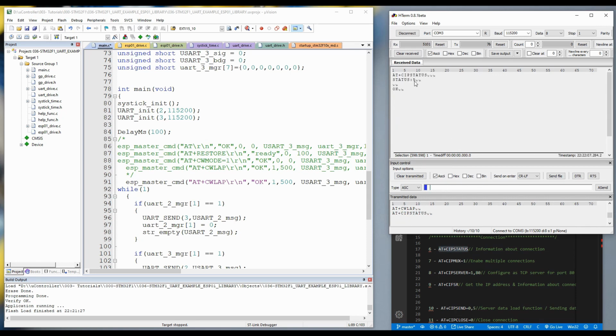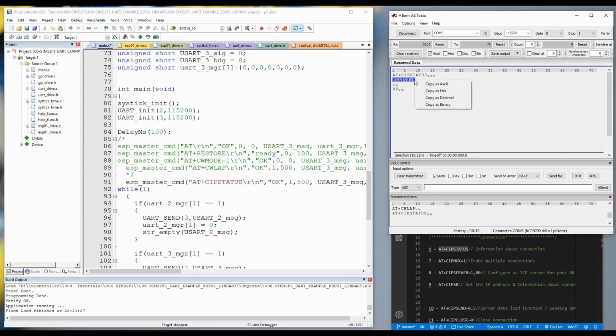Okay, status 5. Status 5 means communication failed. So as the system is not connected, we need to have 2. So we will be looking for status 2. Same as this one, but with status 2. What we are going to do here, and we will be using later to check if we are connected, is put this command here, and we are looking for